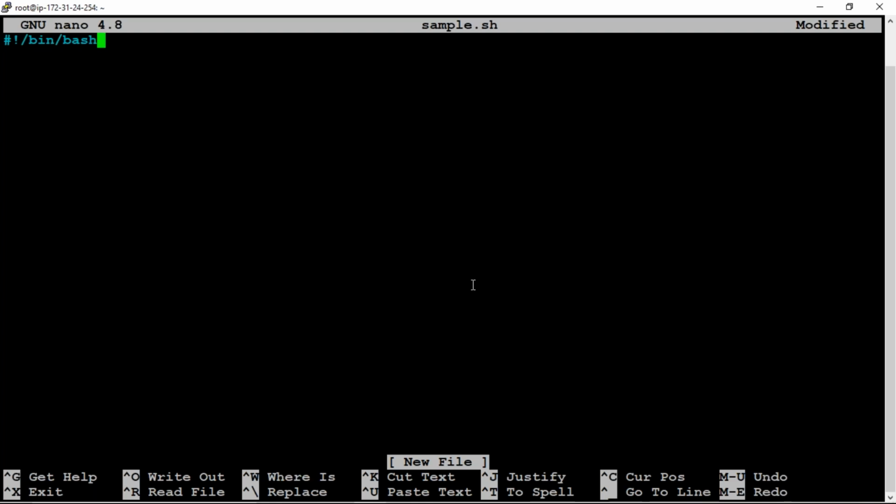Previously we got the IP address in a single command. Now I just want to do it in a script manner. I want to write a script file and get that instance IP address by using the script file. Right? So this is the basic line. This one is the most important one. This is the shebang: hash not the shebang, the binary path, and we are using the bash shell. And next, click on enter.